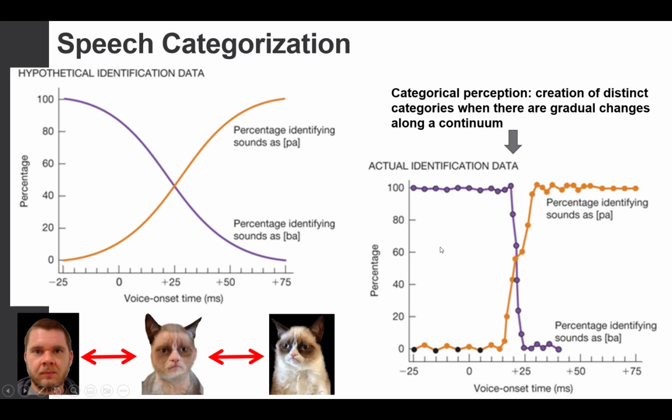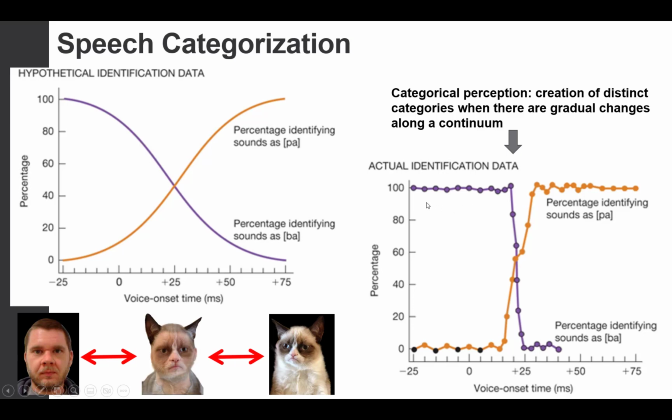Now, remember back earlier when I said that it's easier for us to discriminate between two different phonemes than it is within a phoneme? This categorical perception is what I'm talking about. As you can see here, looking at the graph, it's very easy for us to discriminate between a ba and a pa, right? This categorical perception lets us see that it's super easy to tell the difference between a ba and a pa. However,